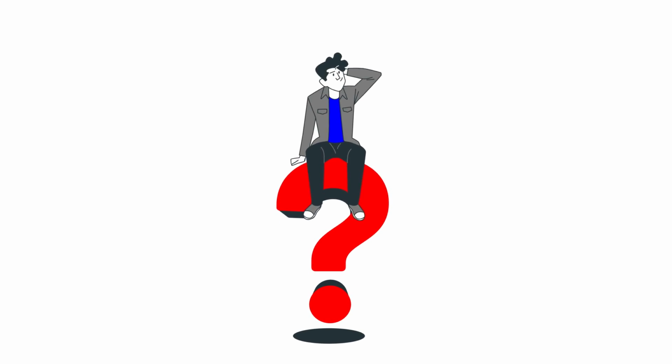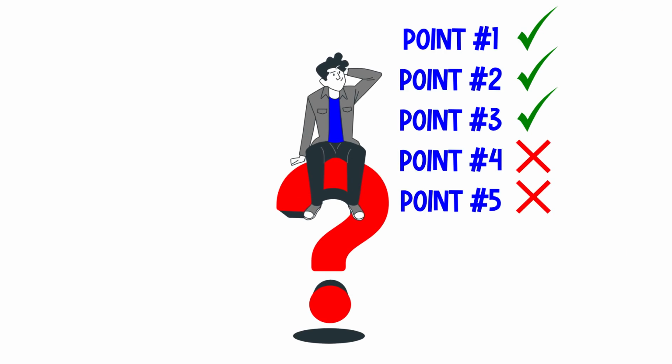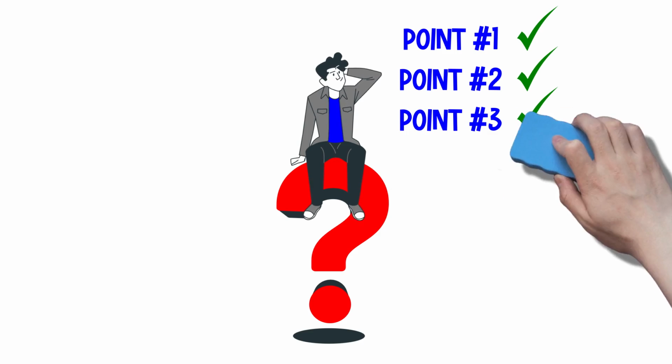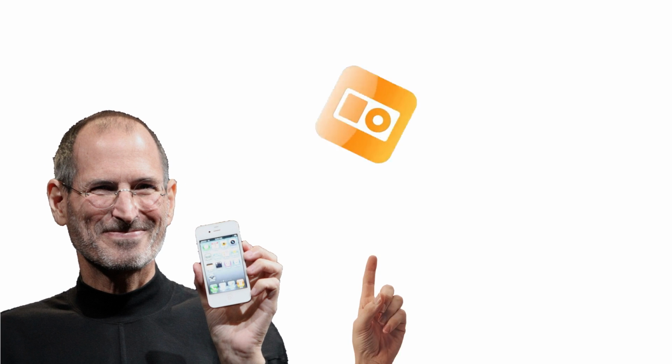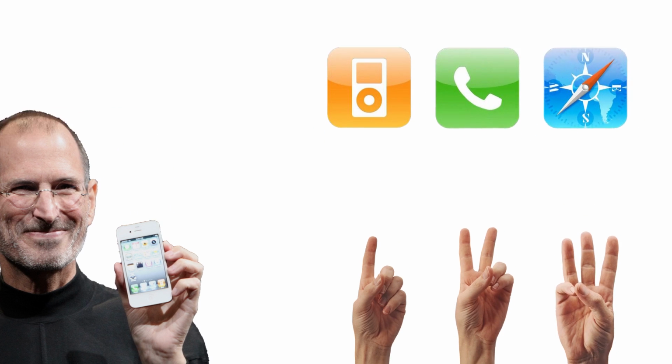He understood that people can only recall 3 important points from any presentation, so he always made sure to boil down the key features of his products into 3 key points that his audience could easily remember. For example, when introducing the first iPhone, Steve Jobs said the iPhone combined 3 devices: a touchscreen iPod, a phone, and an internet communicator. When introducing a new product, Jobs would always focus on 3 key features: design, performance, and